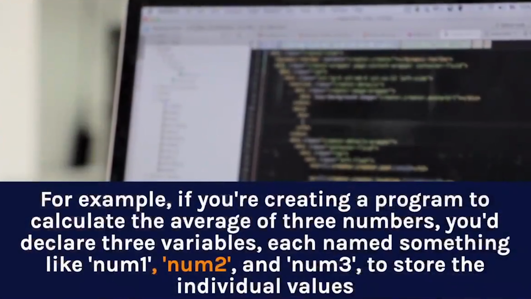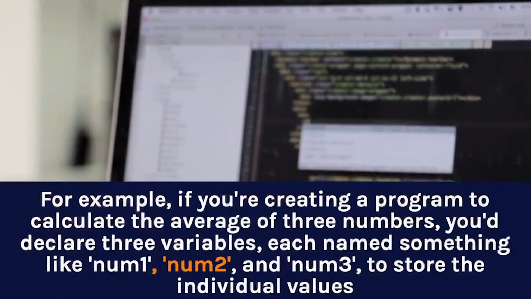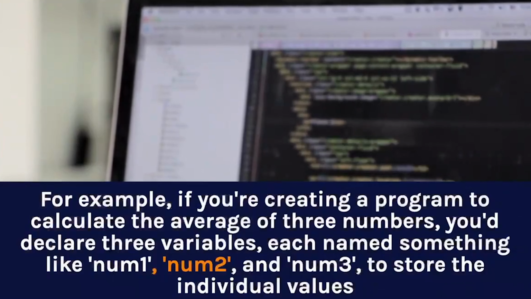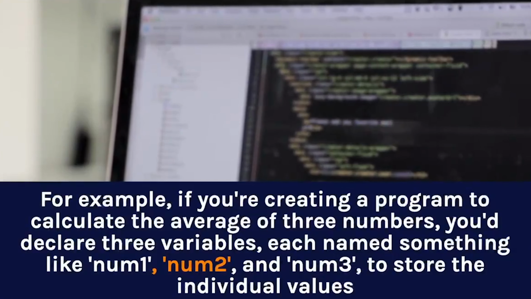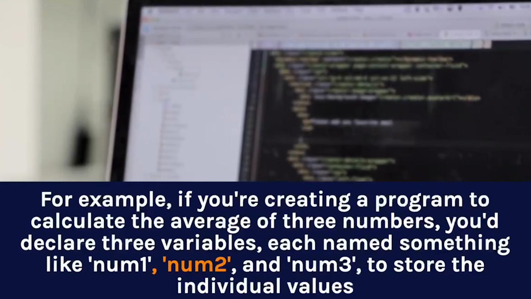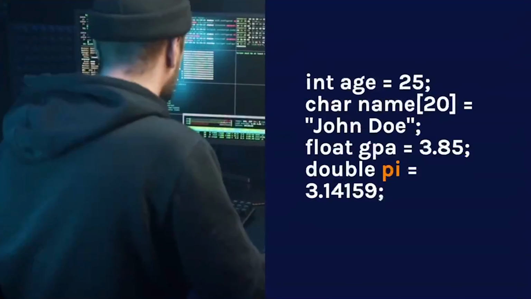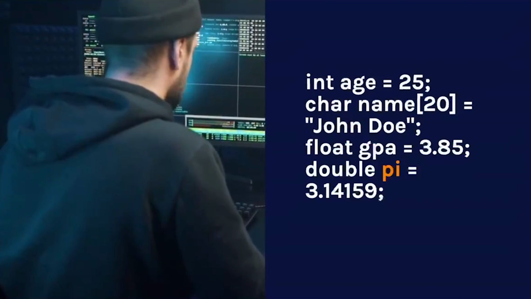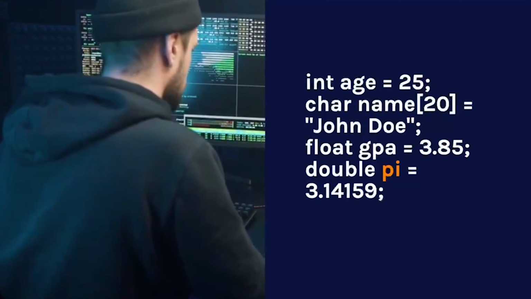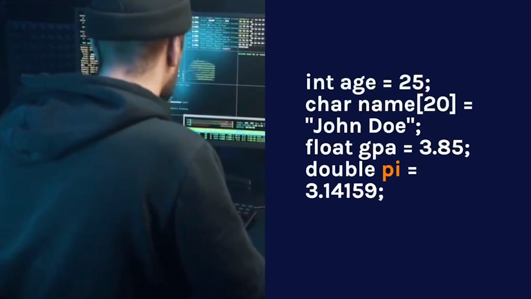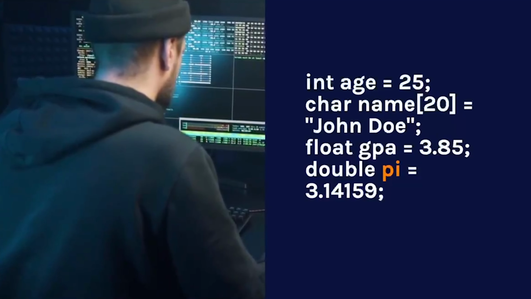For example, if you're creating a program to calculate the average of 3 numbers, you declare 3 variables, each named something like num1, num2, and num3, to store the individual values. int age = 25; char name[20] = "John Doe"; float gpa = 3.85; double pi = 3.14159;